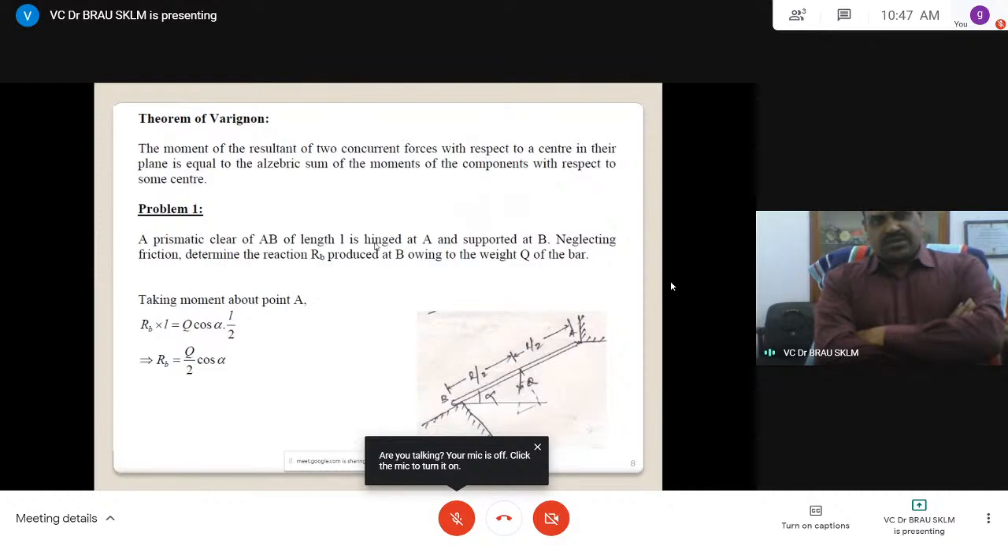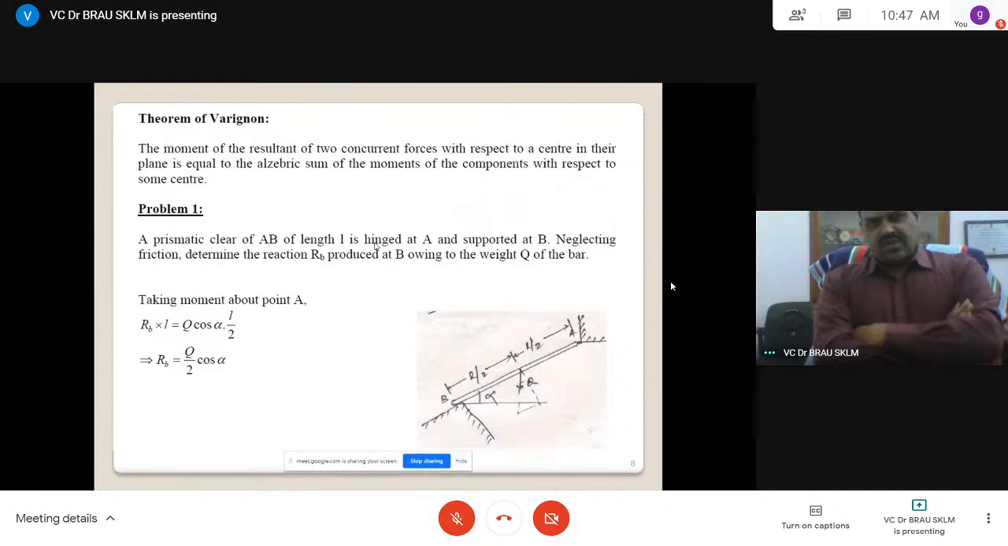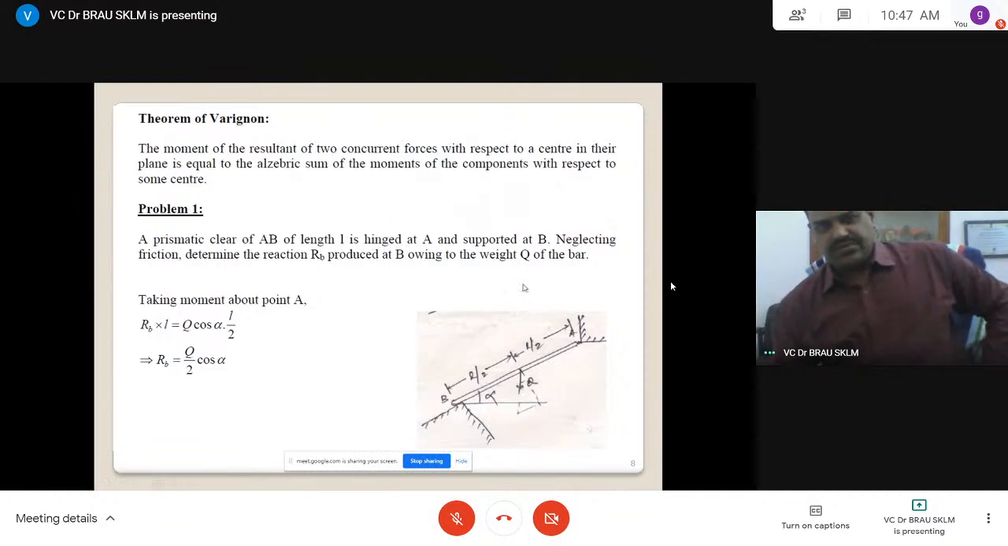A prismatic bar AB of length L is hinged at A. This is the hinge joint, and it is supported at B. This is simply rested on the surface. Neglecting friction at any contact point, determine the reaction RB produced at B owing to the weight Q of the bar. Taking moment about point A,